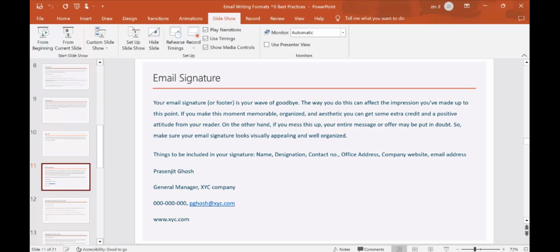When the email shows your name, your designation, the name of your company, your telephone number, your email address, and the website of your company, you've given them every bit of information they can use to reach out to you, right? If this kind of format is not followed, it puts your authenticity into doubt. You wrote the nice email, you requested business, a meeting, or an interview, right? And you just end up with your first name.